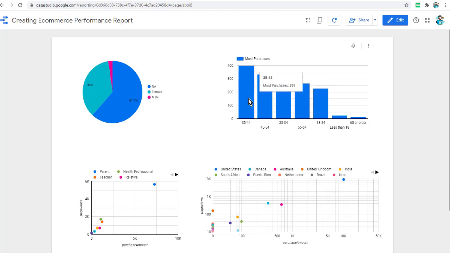Like you can show the age, you can show most purchases, you can even show the purchase amount, and you can add different columns, different particulars, different metrics that are important to communicate to your colleagues or other individuals.